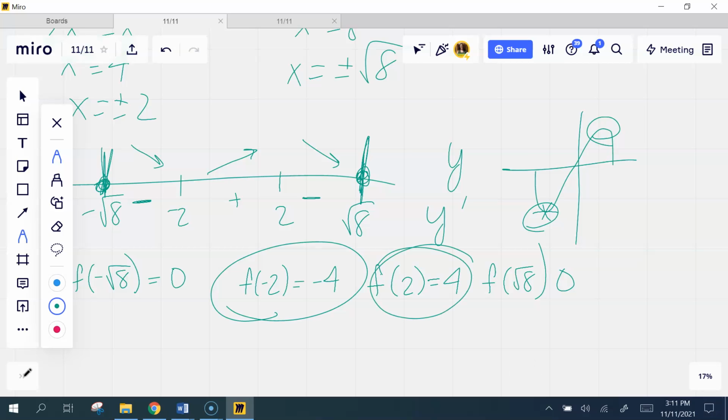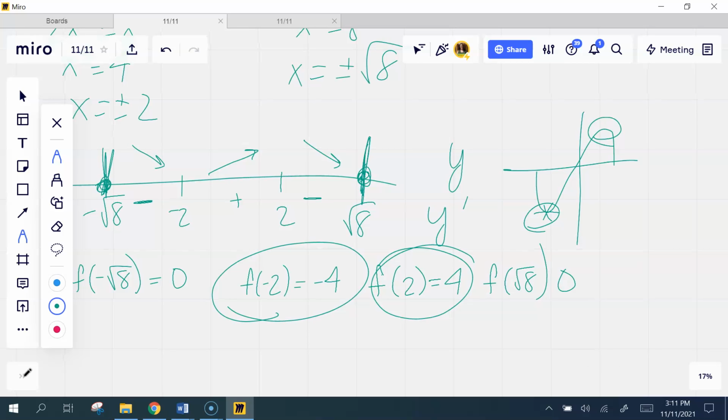And then an absolute maximum here at 2 that is positive 4. That's where the signs are changing for the derivative, and it gives me the minimums and maximums. Moving along, let's